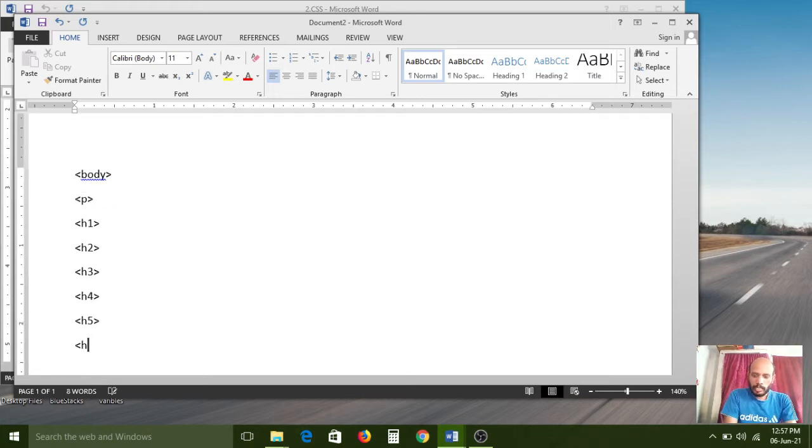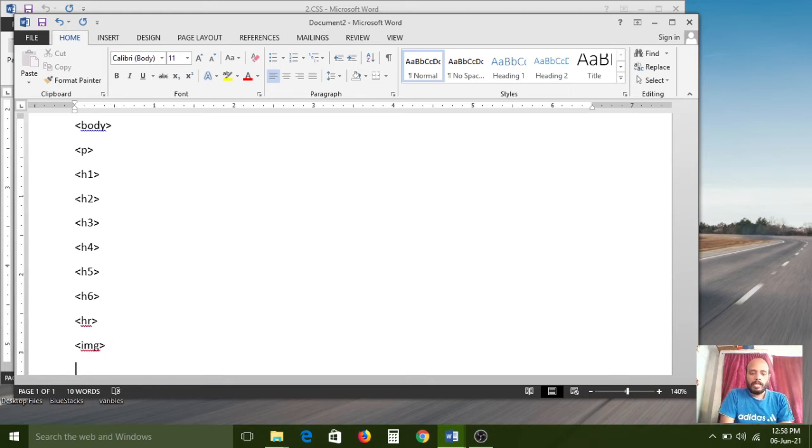H6 is an element. Like that we have 6 types of headings. So these are all elements. HR, the horizontal line, is also one of the tags, and IMG is also one of the tags, nothing but one of the elements.